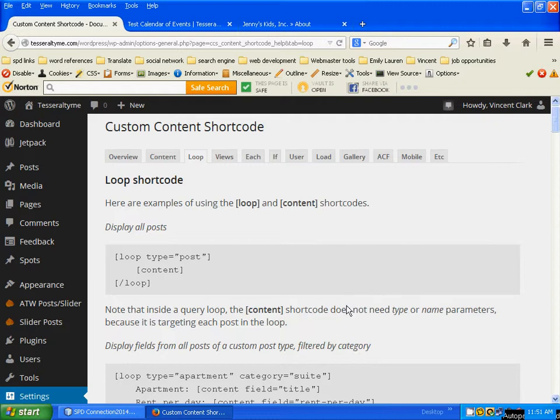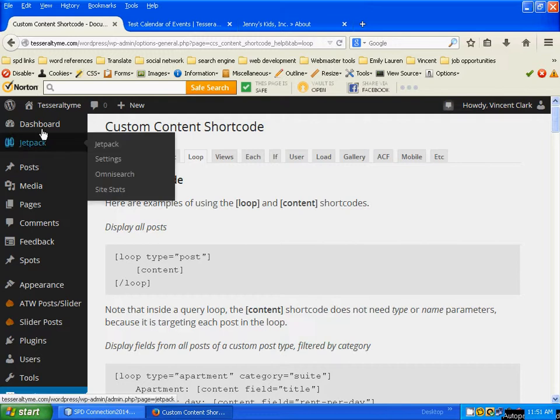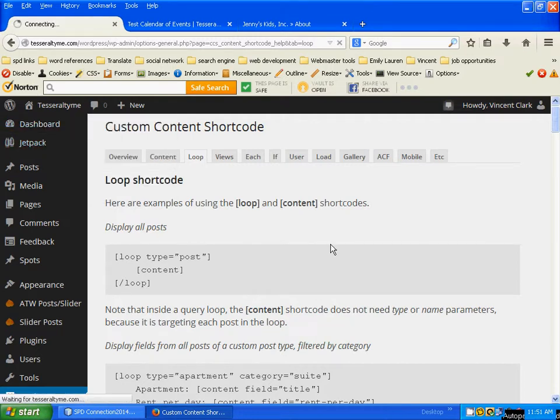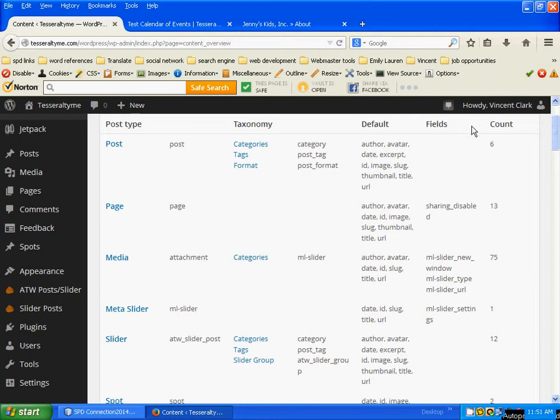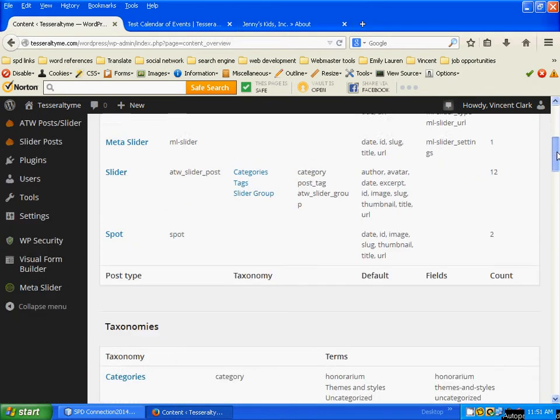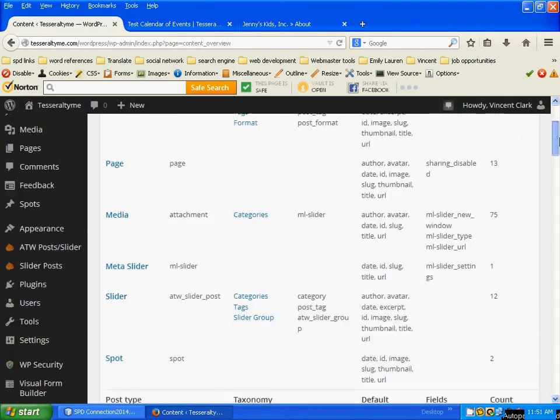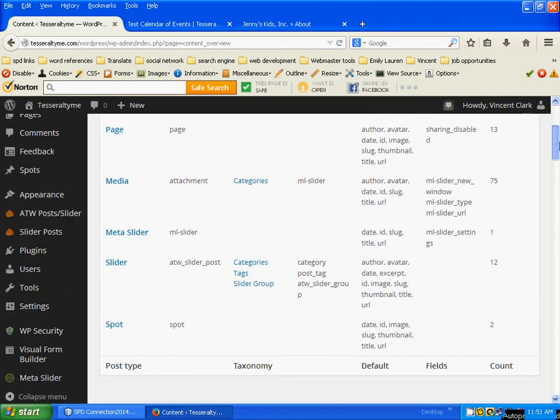Oh, I want to run up here first and go to dashboard content and let you see that you can find what your content looks like in code form right here. You start with post type and you work your way down, and here is slider, meta slider, ATW slider post, and here is your ATW slider group is a taxonomy, and what it doesn't show is the expirator